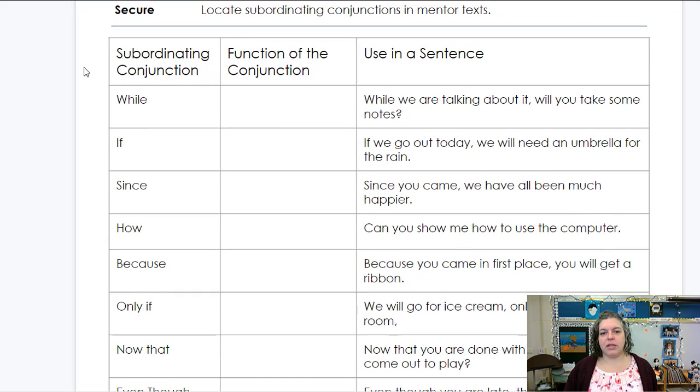So we have a couple of different subordinating conjunctions. There are more subordinating conjunctions than coordinating. So coordinating are FANBOYS, and that's it. The only coordinating conjunctions are listed in that, whereas subordinating conjunctions, there's a much larger number, kind of like prepositions, where there's a larger number in the English language that we can pick from. So we're just going to focus on a few, look at their functions, see how they're used in a sentence.